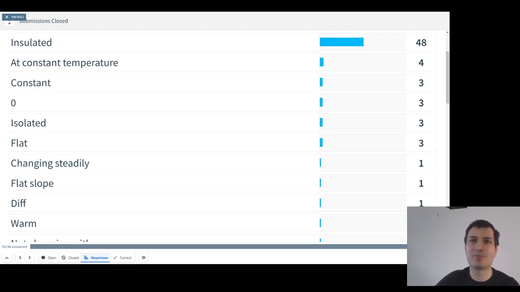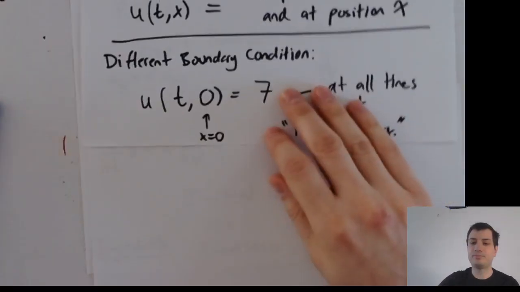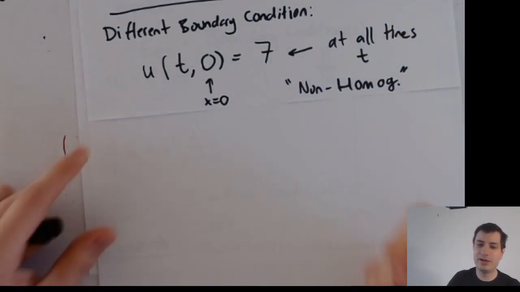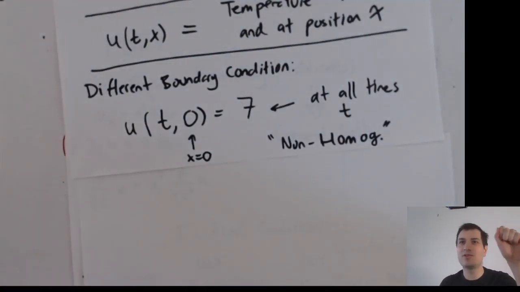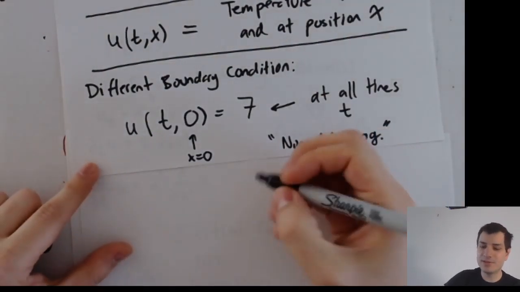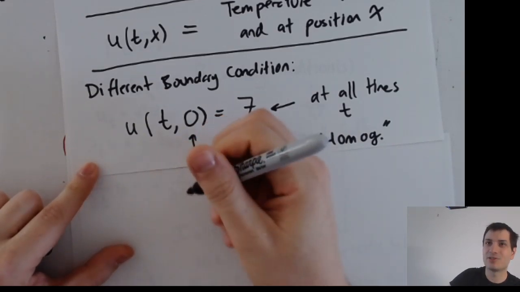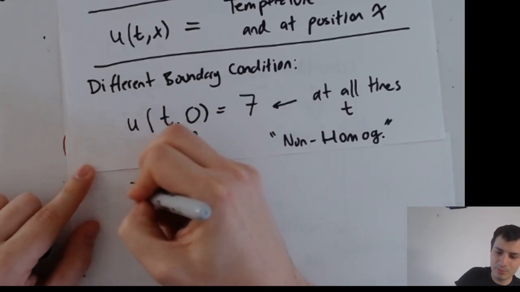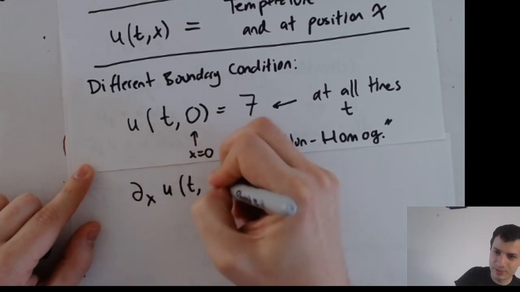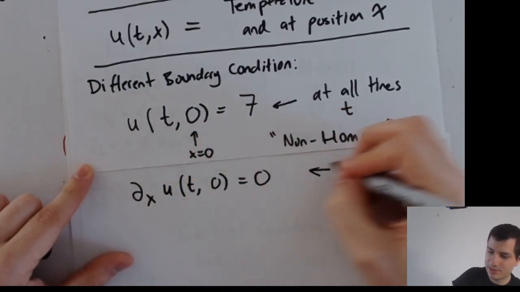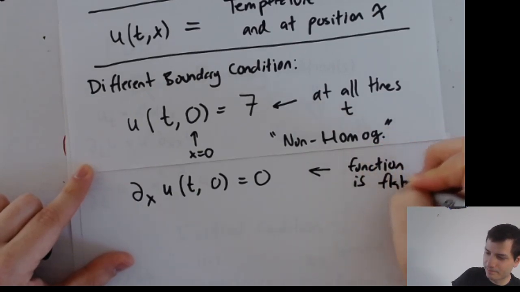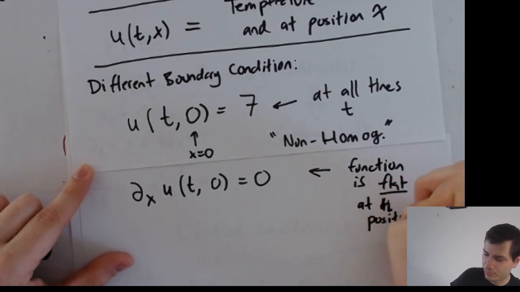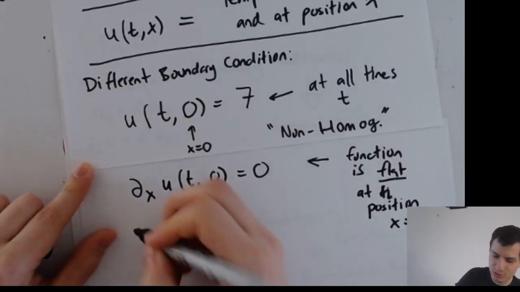So let's do some paper over here. Saying the function has to be 0, we know what that means. It means the function is always 0 at 0. But saying its derivative is 0 means that the function is flat. So mathematically, partial x u(t, 0) equals 0, this means the function is flat at position x equals 0. So if you drew a graph of the function,